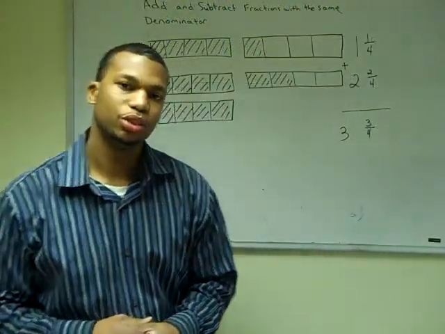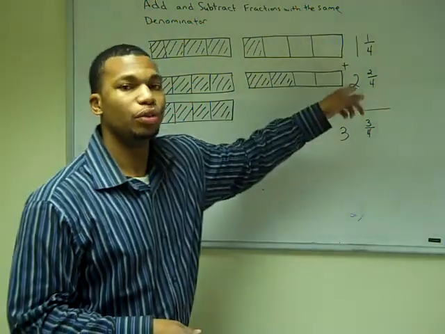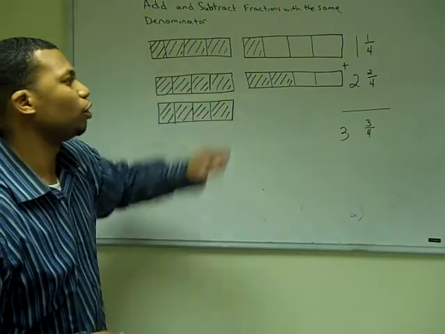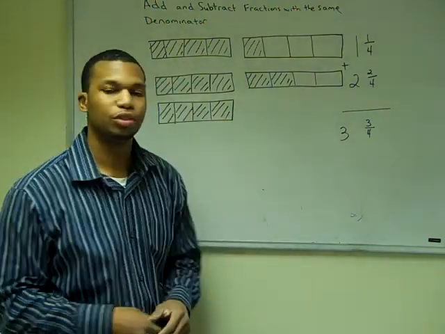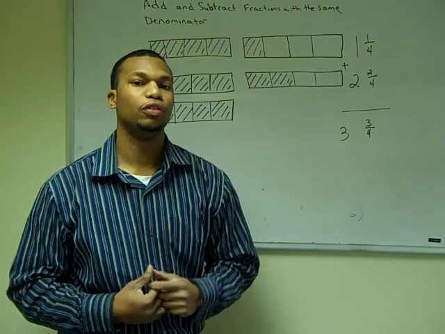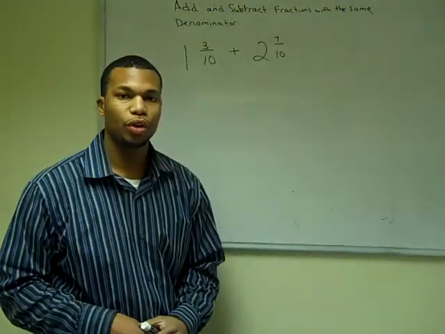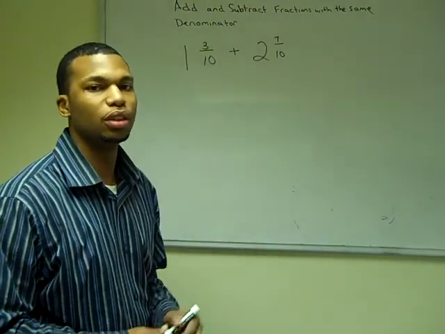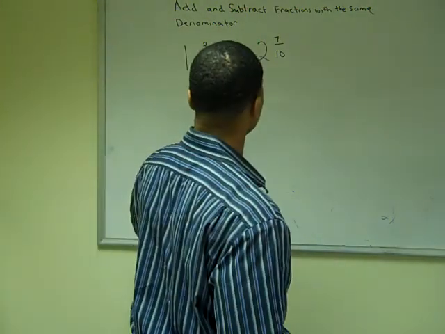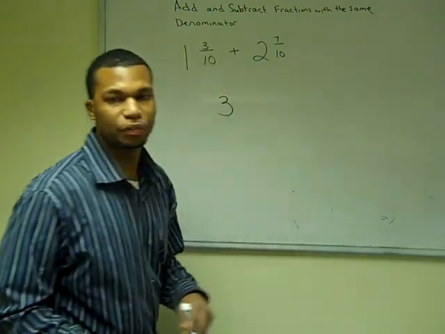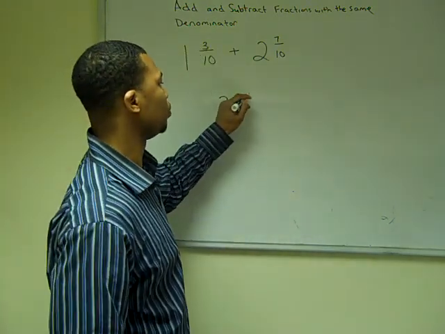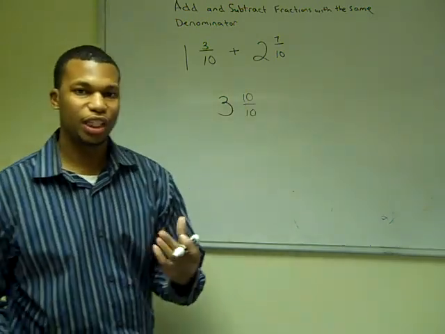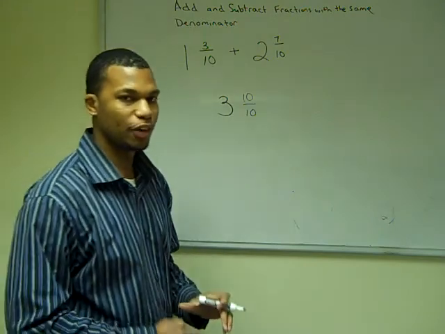When you have mixed numbers, you simply add the whole numbers and then you add the numerators of the fraction. So we have 1 and 1/4, and then we have 2 and 2/4, so therefore we get 3 and 3/4. In this example, we're going to add 1 and 3/10 to 2 and 7/10. So if we add our whole numbers, we get 3, and if we add our numerators, we get 10 over 10. Well, since 10 over 10 is 1 whole, we can simplify this fraction